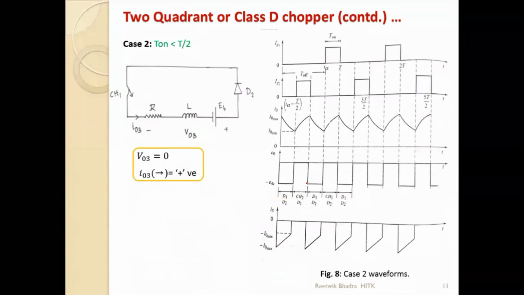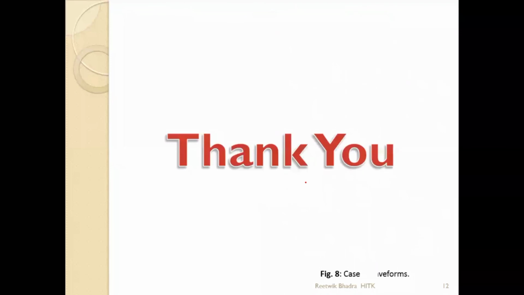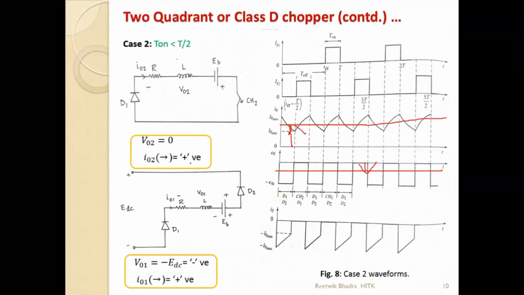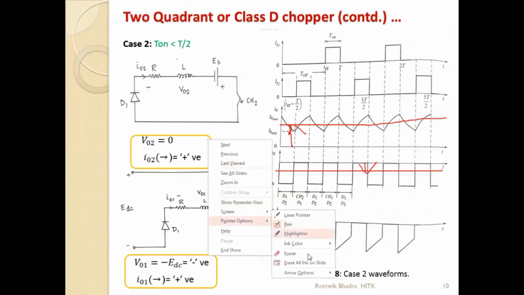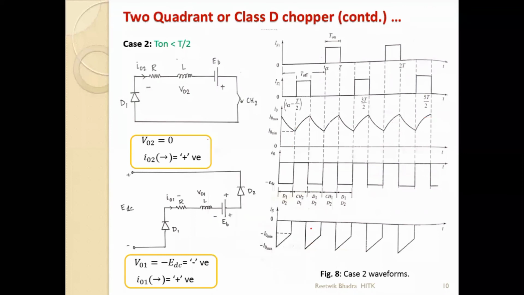Okay, up to this for today's class. If you have any doubt, you can clear it. No problem, watch up to this. Okay. Next day, tomorrow, what we will do is class E chopper, meaning four quadrant chopper, it will operate in all four quadrants, and another topic, multi-phase chopper. Then the chopper topic will be complete. Next week we will start with inverter.